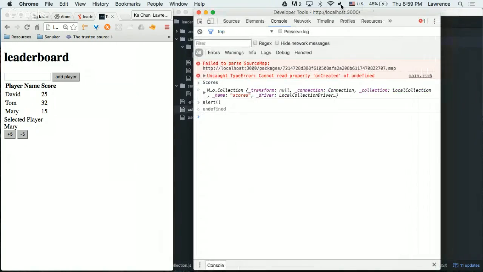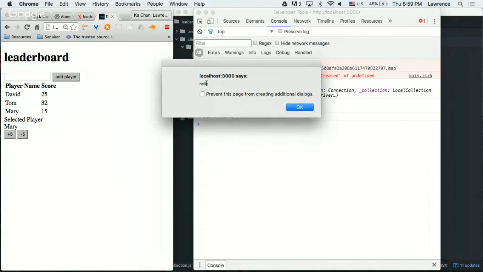If you want to type the same command, press up arrow. Now this time, inside the bracket, type a single quotation mark, and then another one to close it, and type hello. Now if you press enter, you will see a pop-up with hello in the middle.